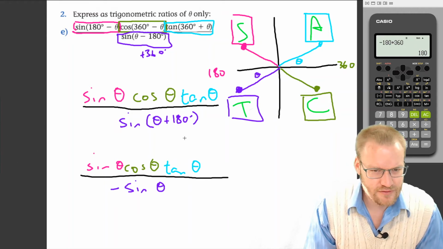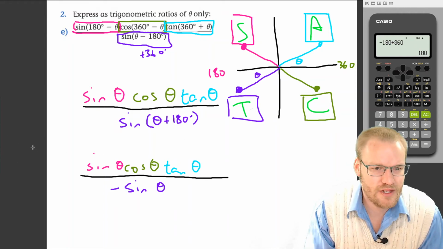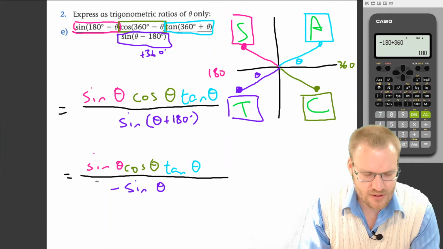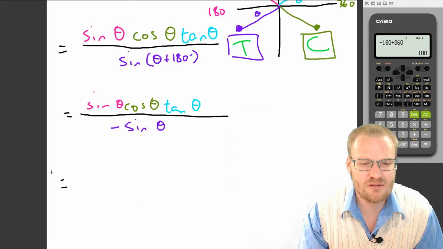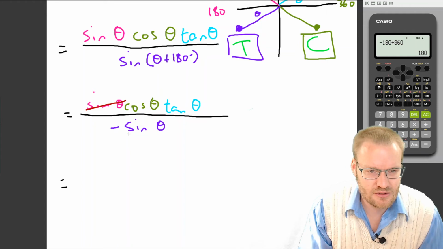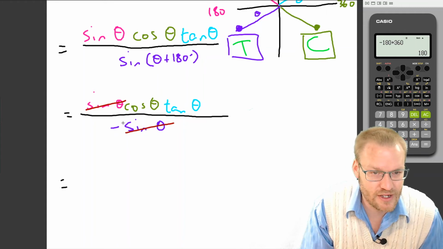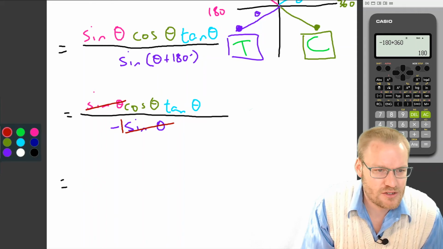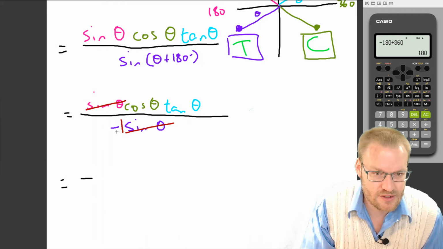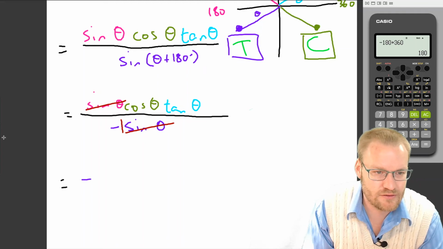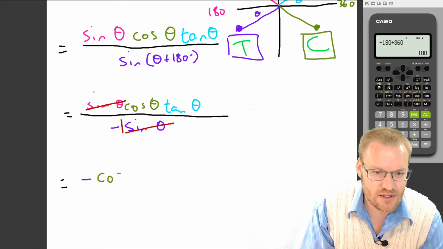Okay, now we need to simplify a bit further. And there's going to be a last step that I think we might forget as well, just because we haven't used it that much yet, but just to remind ourselves that it's there. So this sine theta cancels with this sine theta, remembering that we've got a negative here, so the whole answer is going to be negative. So let's just simplify that. We've got negative, this is negative because of that negative. In fact, we can leave it negative. And we've got cos theta,